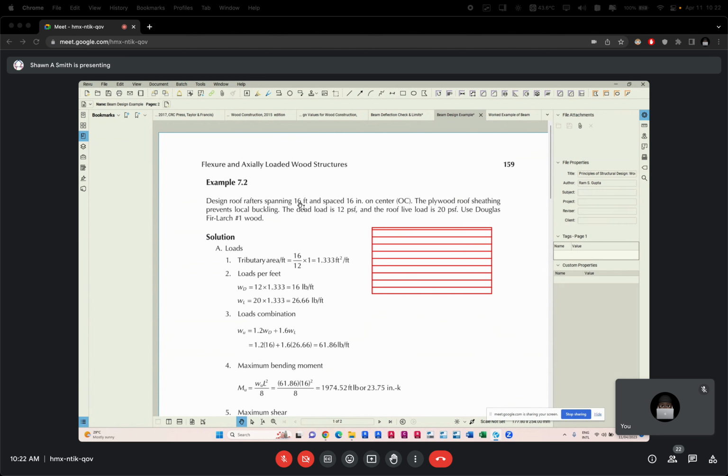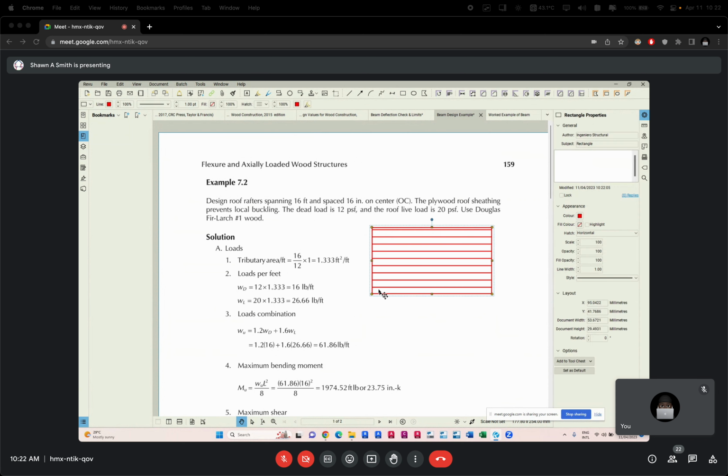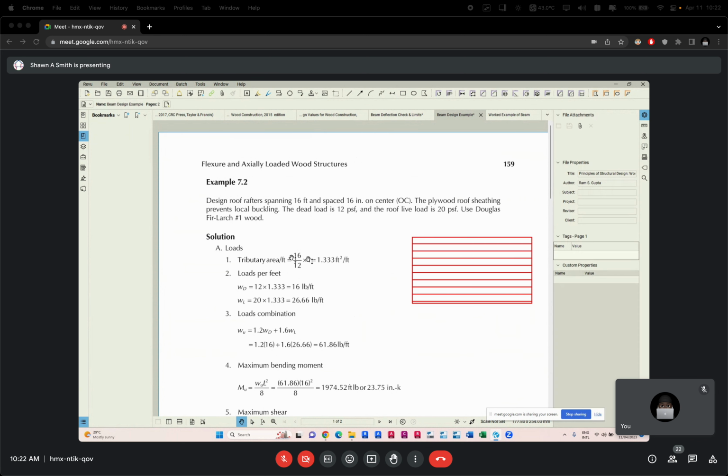Yeah, but which are the 16? We have two 16 there. Which are the 16 divided by 12? The inch, sir. The spacing, the 16 inches. Good. All right, so I can get rid of it. So this first 16, class, is converting the inches into feet,